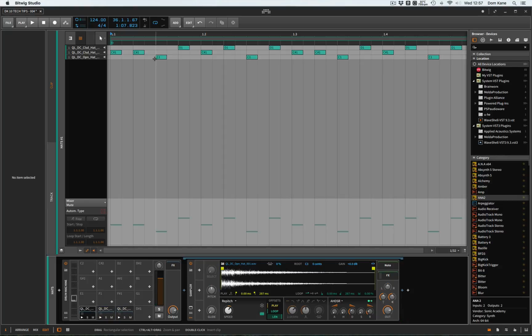So that's all well and good. What I've got is 3 different hats. It's fairly similar, those ones, but they just add a little bit of variation, and then those in the center. It's actually a fairly open hi-hat, but I've brought down the sustain, decay and release time so it's a bit shorter. And if I just solo those,